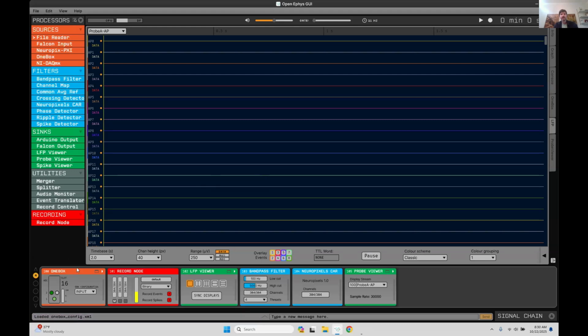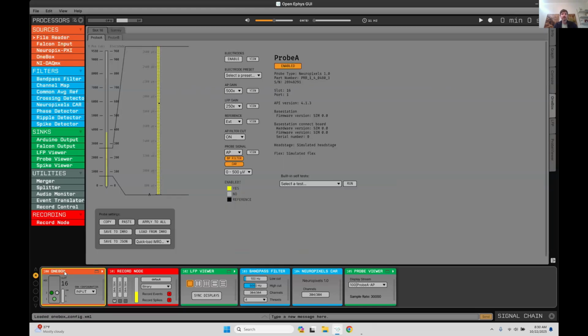So here we have 6 different plugins that comprise our signal chain. On the left, we have the OneBox plugin. So this is what will actually acquire the data. This is a source plugin. Every signal chain needs some data source. But because of the plugin architecture, you can easily swap out different data sources just by deleting and replacing this plugin. Next, we have the record node, which is what